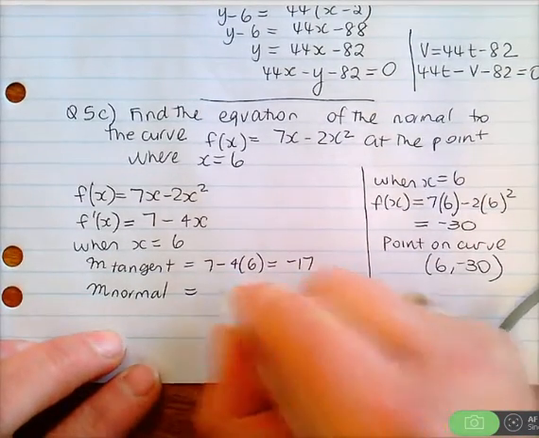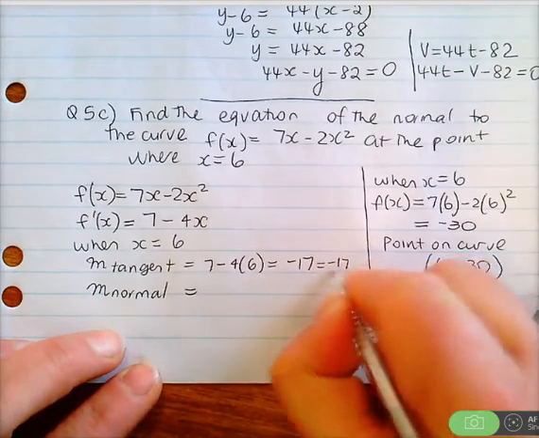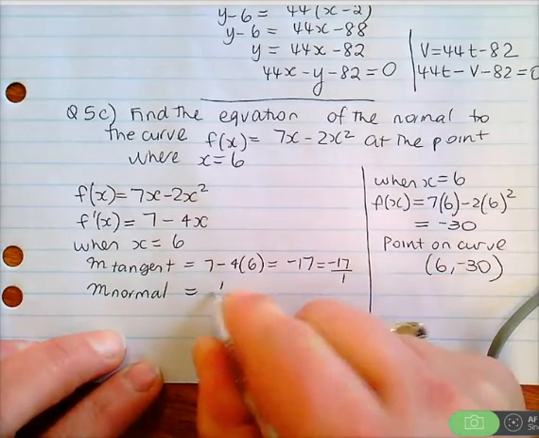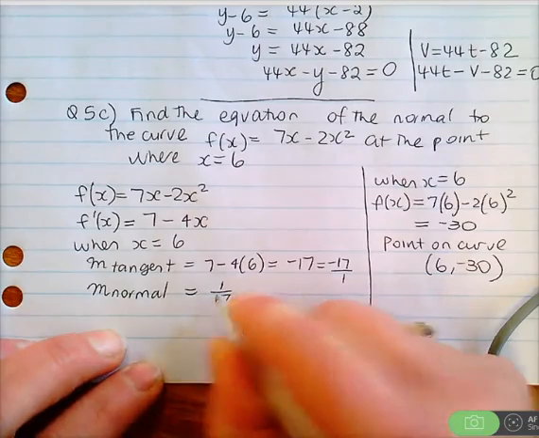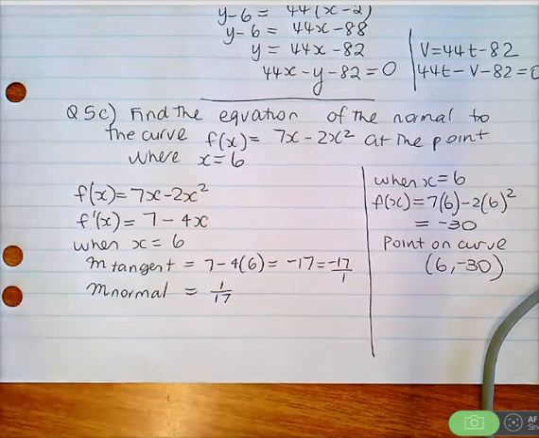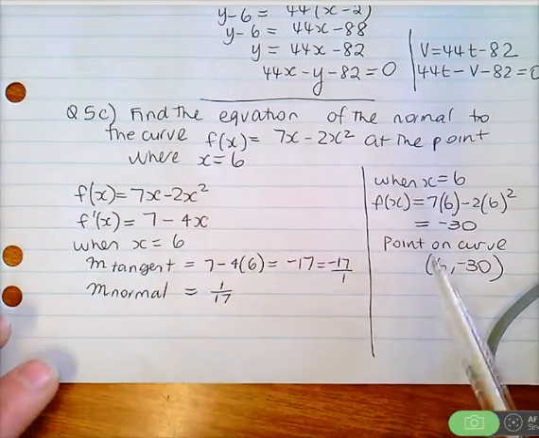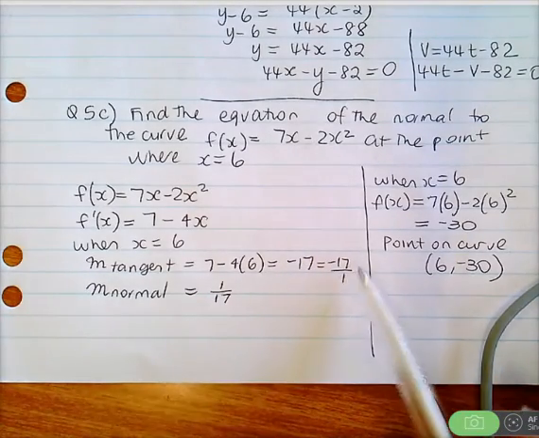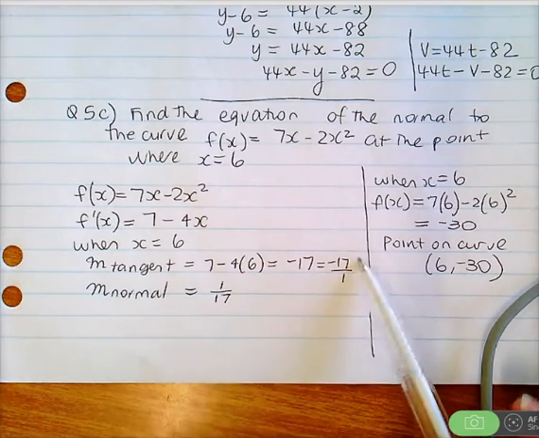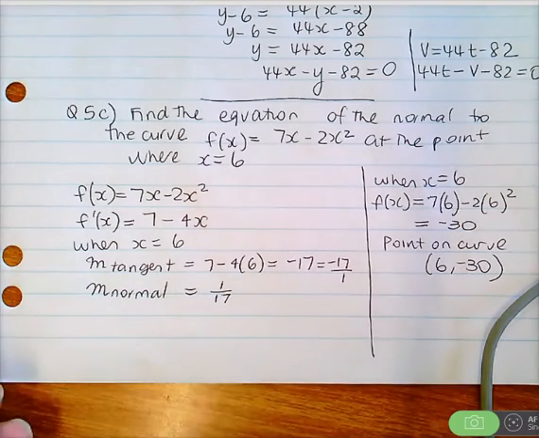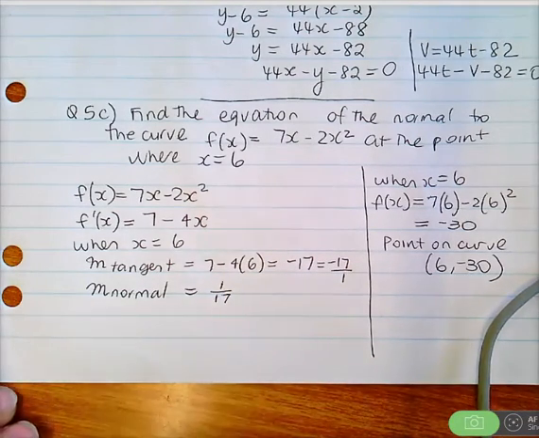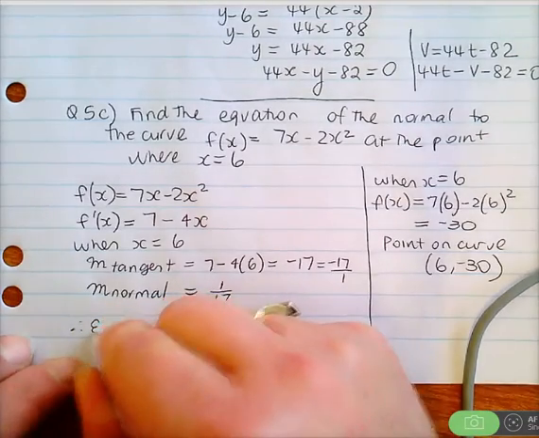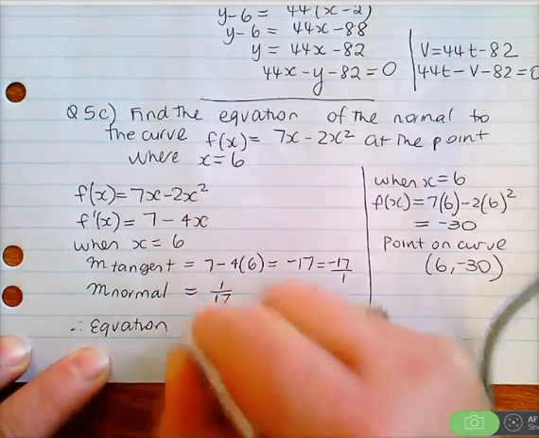Flip it, because that's negative 17 over 1. So I flip it and put a negative, or just do the negative reciprocal. Negative and negative is now positive. So the gradient of the tangent is negative 17, which is negative 17 over 1. Flipping that and putting another negative, you get the gradient of the normal is 1 over 17. So now, therefore, the equation of the normal